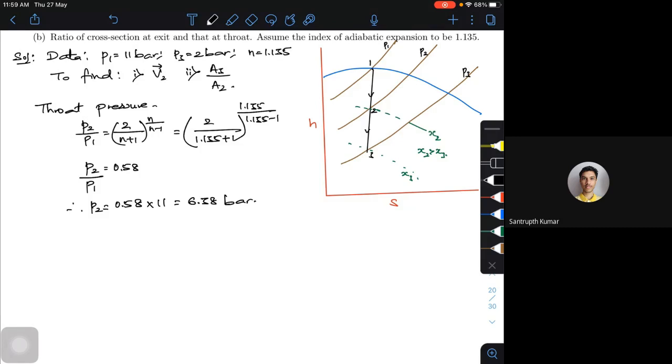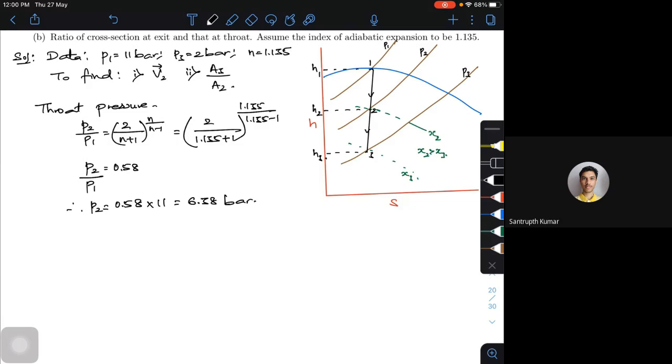Maybe in the steam tables also you have to go to 6.5 only. You don't have any intermediate values. Intermediate values you have to interpolate. There is no other go. So vertical line 6.38 or 6.5 bar. What is the thing? You draw a vertical line here. So you'll be getting the H1 here, you'll be getting the H2 here, and you will be getting the H3 here.